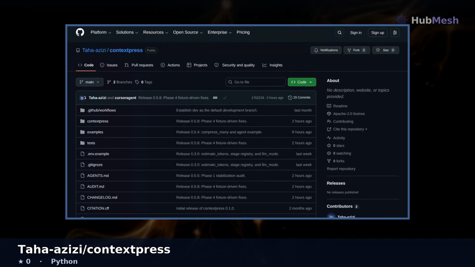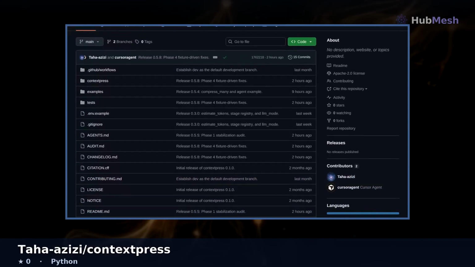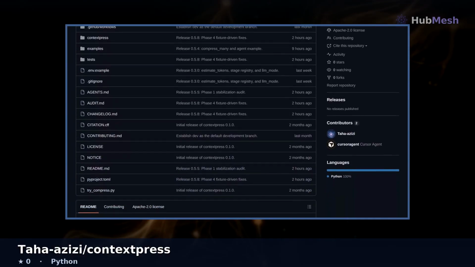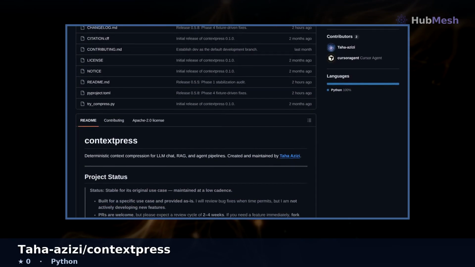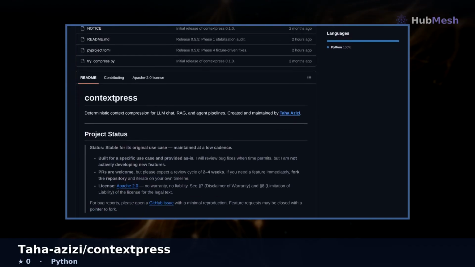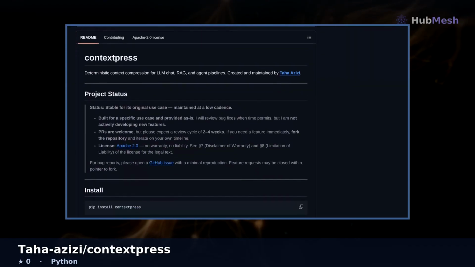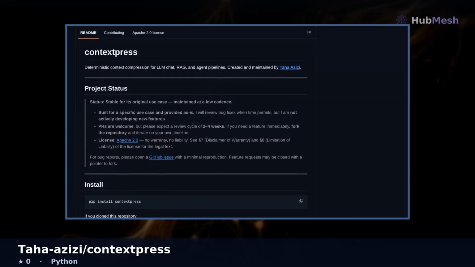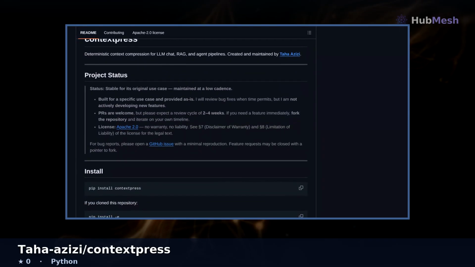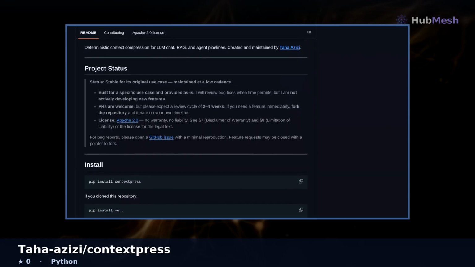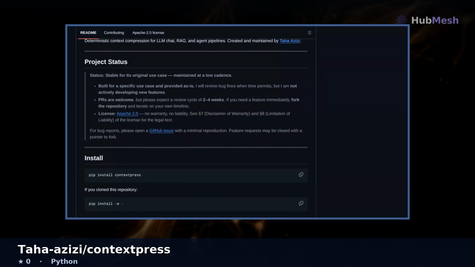Ever struggle to keep your LLM conversations on budget? contextpress offers deterministic context compression for chat, RAG, and agent pipelines, ensuring you stay within token limits. This repository, contextpress, focuses on deterministic context compression for your LLM chat, RAG, and agent pipelines, making your interactions more